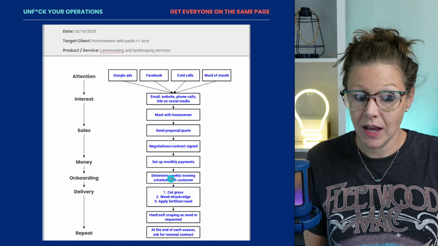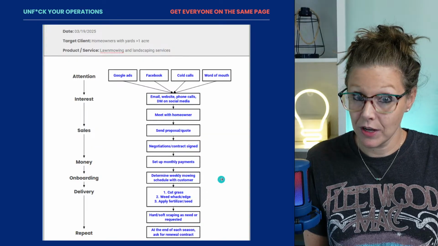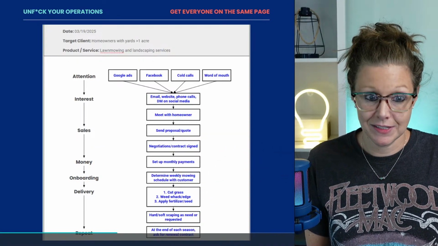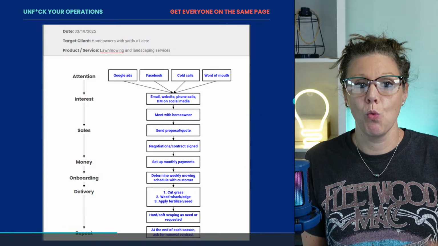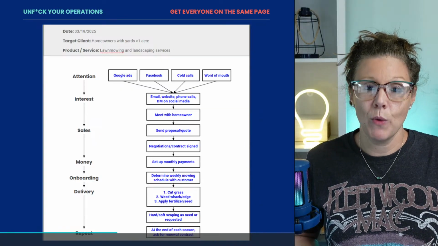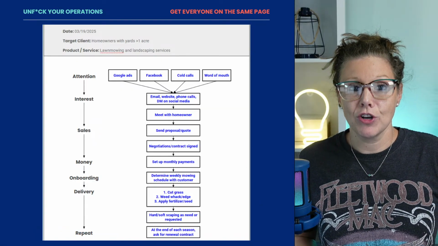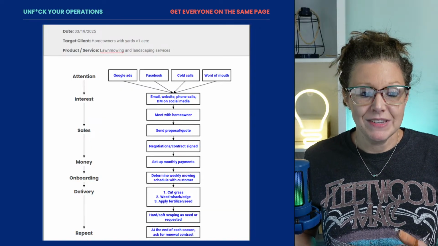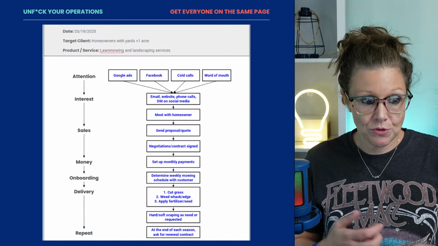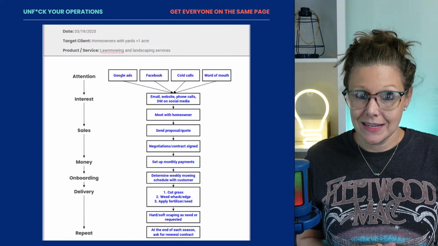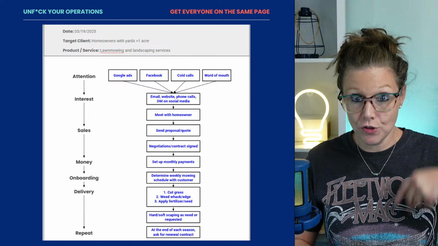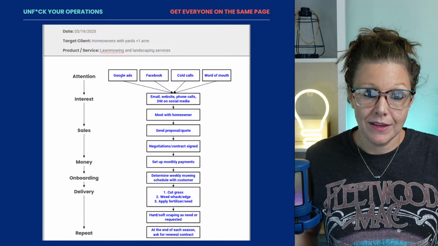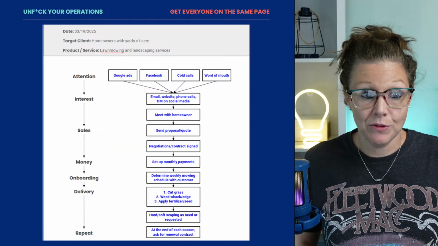How do you onboard that client? How do you deliver the product or service that you promise? And then how do you get repeat business? So this is just one way. There's a lot of different ways that other consultants, or process experts, will suggest that you do a process brainstorm. I like this because it takes you full circle, right? If you don't get the attention of people who might buy from you,